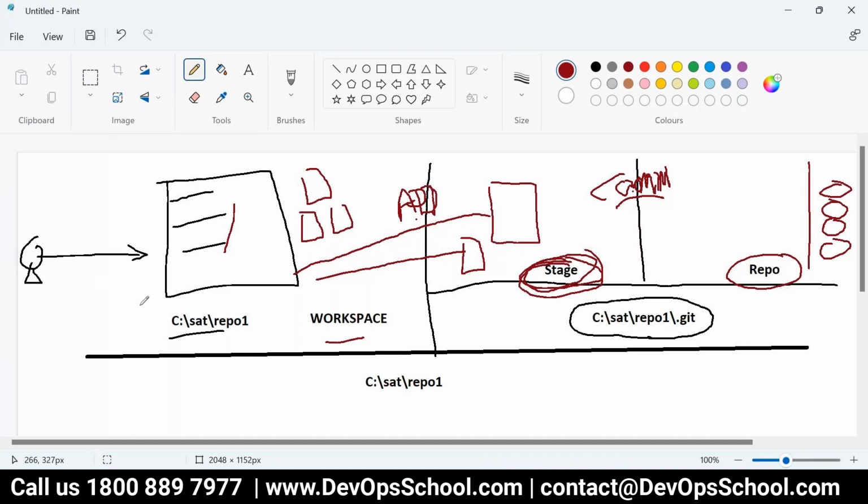If you're sure these are the things you want, then commit, and it goes to the repository, creating a commit object. This is the final version being committed. So the flow is very simple: work on the workspace, add to staging, staging to repository. So git add, git commit. Did you understand that now?